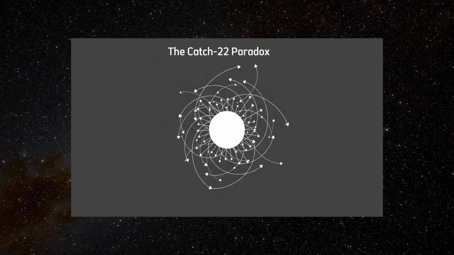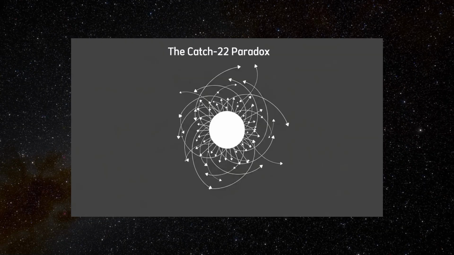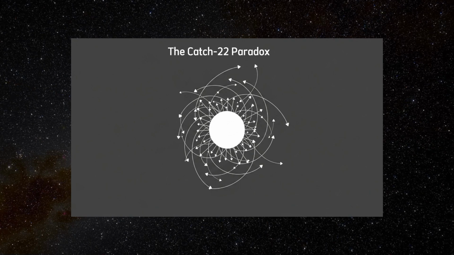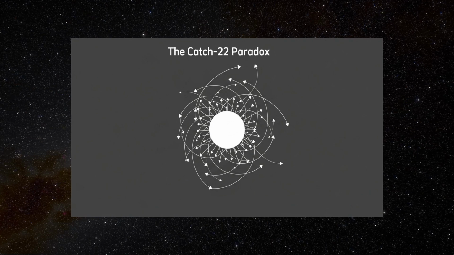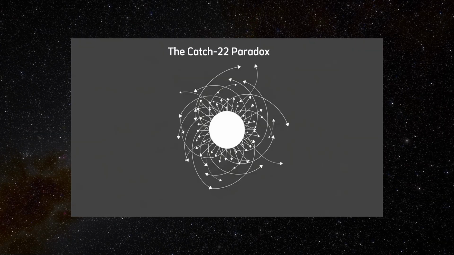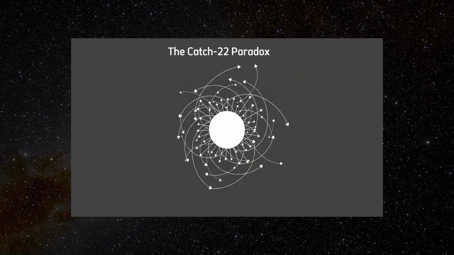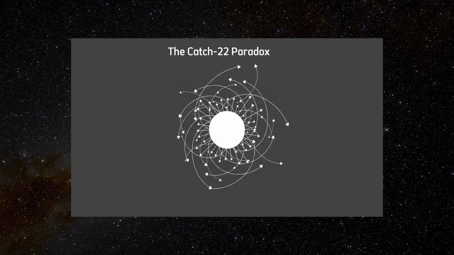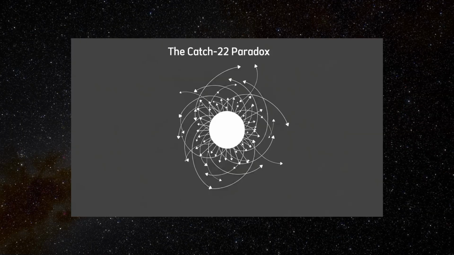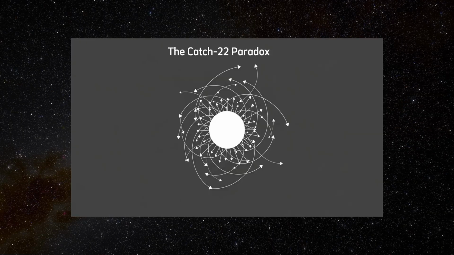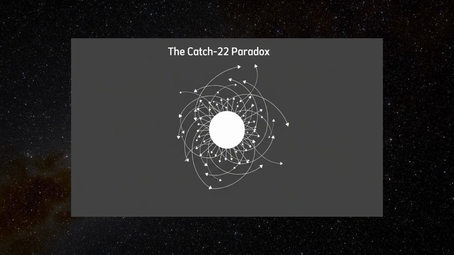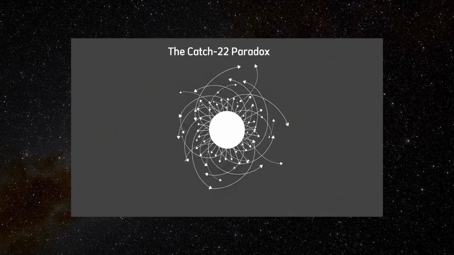Philosophically, the Catch-22 paradox exposes the abuse of formal logic in bureaucratic or authoritarian systems. It's not that the rules are unclear, they are often too clear, and that clarity becomes a trap. The individual is rendered powerless by a system that uses logic not to liberate but to control. It's a vivid demonstration of how circular reasoning, self-validating rules, or institutional contradictions can be used to sustain unfair structures.